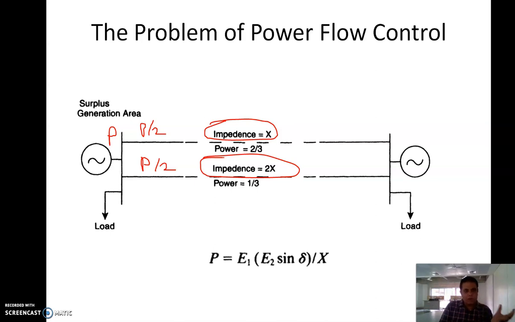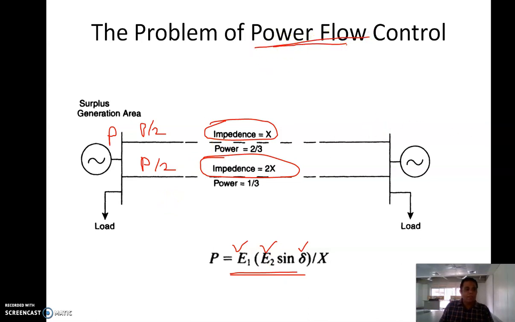We have these transformers, tap changing transformers. To some extent, we can manage the value of E1 and E2. To some extent, we can manage the value of del. However, we cannot control the power beyond a particular value. So we want a mechanism by which we'll be able to control the power flow as per our desire,